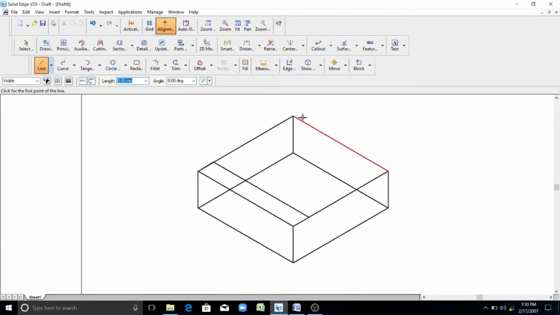Similarly, from this end point, I need a 10 mm length line, and the angle is 150. Again, the other line of length is 60, and the angle is 30 degrees.